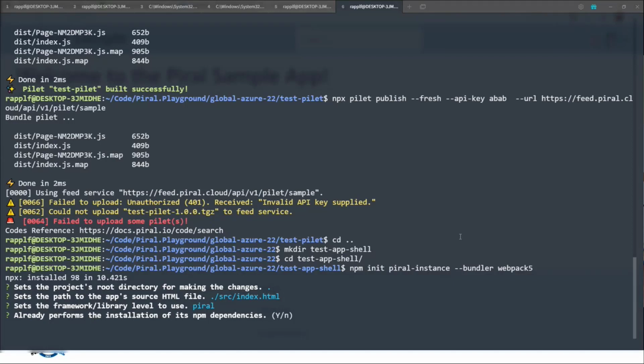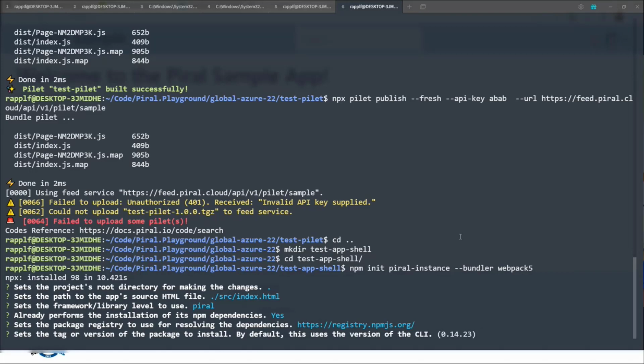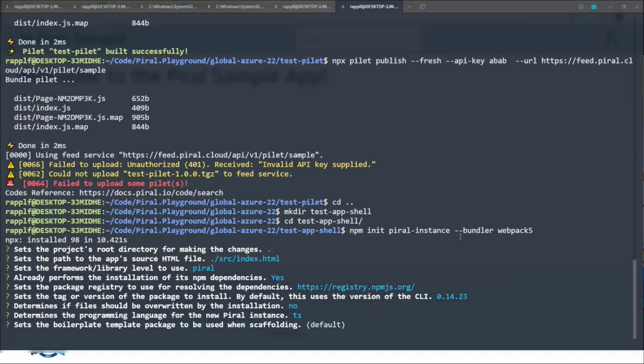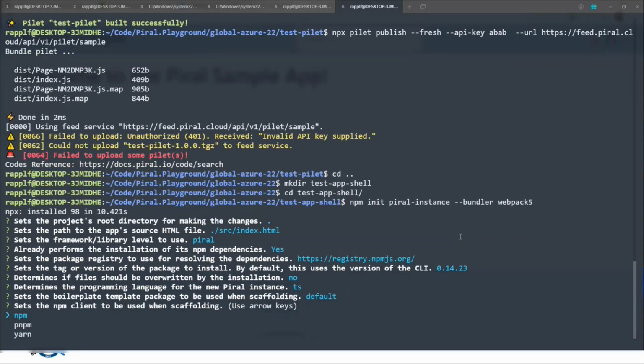So do you want to perform the installation? Sure. The registry is the default one, which is great. Let's use the latest version. And TypeScript is always good. Some template if you have one. npm client. So a lot of questions, but at the end of the day, you can therefore tailor this to